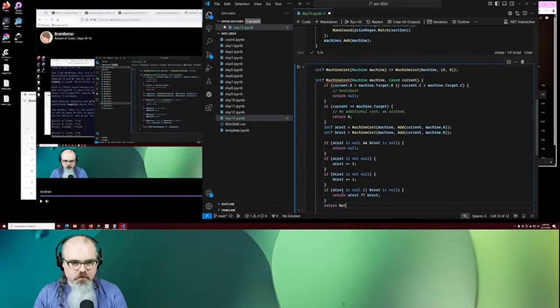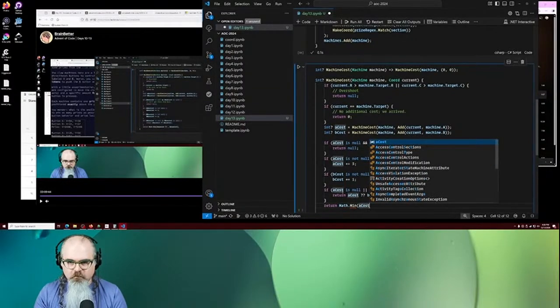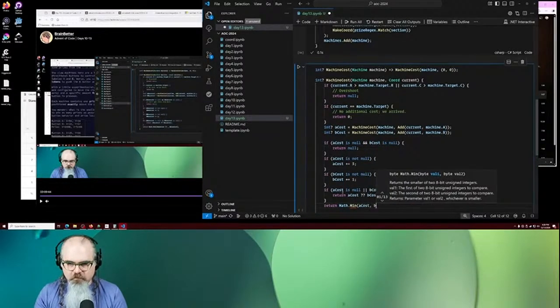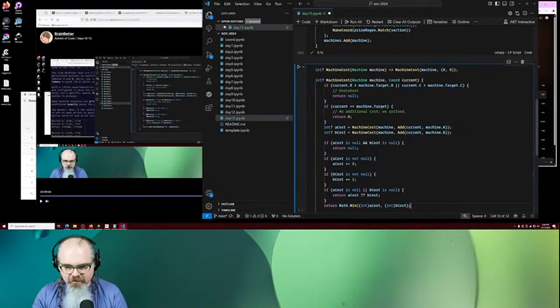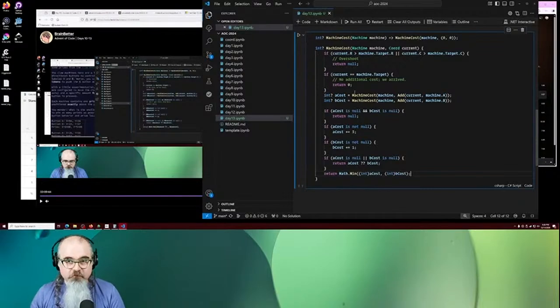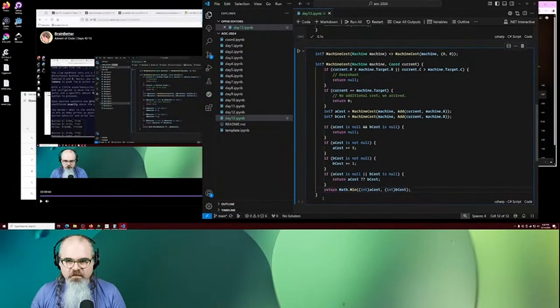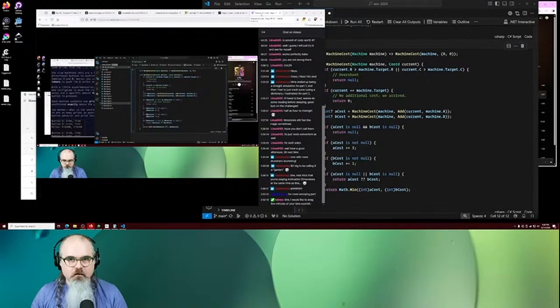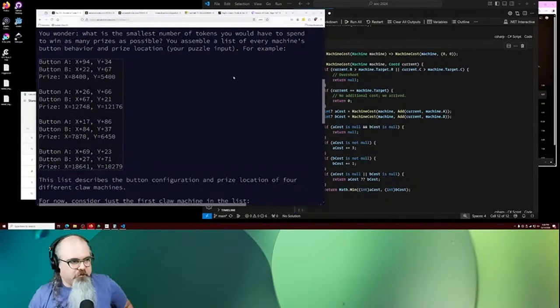Otherwise, return math.min A cost B cost. And actually, hang on, one other thought here. Int A cost int B cost. Can I do that? I can. Okay, that's better than the other thing I did last time. That was kind of ugly. We save. All right. And now what I want to try doing here is, right, okay, we can go ahead and I can hopefully get rid of this window of me. I'm going to keep it held open to that